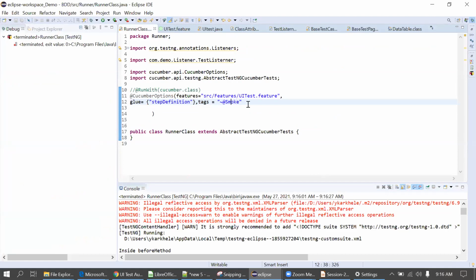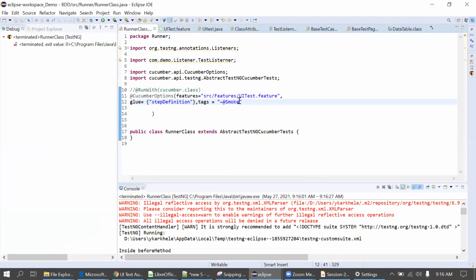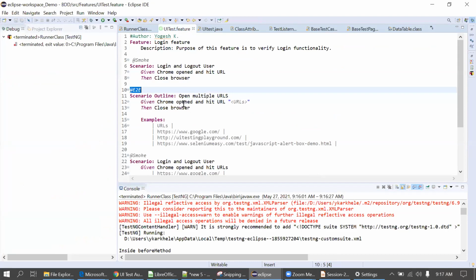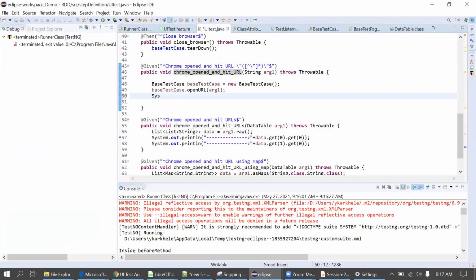Suppose you want to execute smoke and E2E only, and ignore the others, so you can just include smoke and E2E. I'm deleting this negation mark here, and I'm just printing something here, so I'm confirming the proper test case got executed.